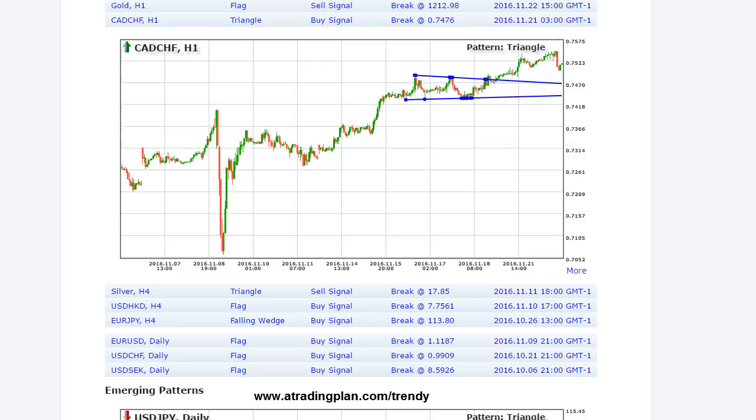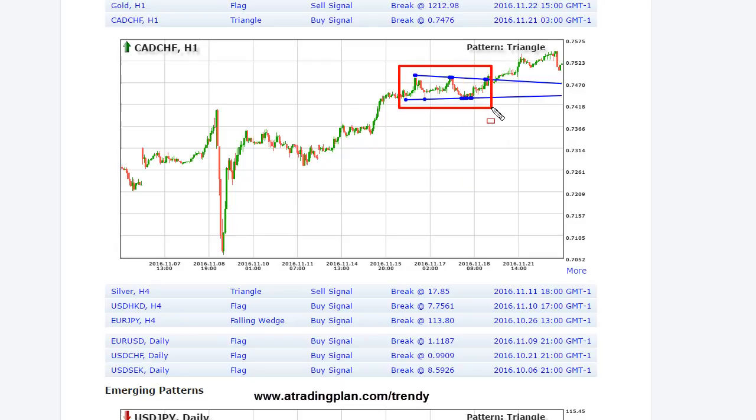I'm going to show you the completed patterns, and this is the CAD/CHF, all right? The Canadian dollar against the Swissy. Here we go. It was a triangle. It was a buy signal. The break was at 74.76. So what you would have seen as a member, let me just change the color of this tool here. What you would have seen,